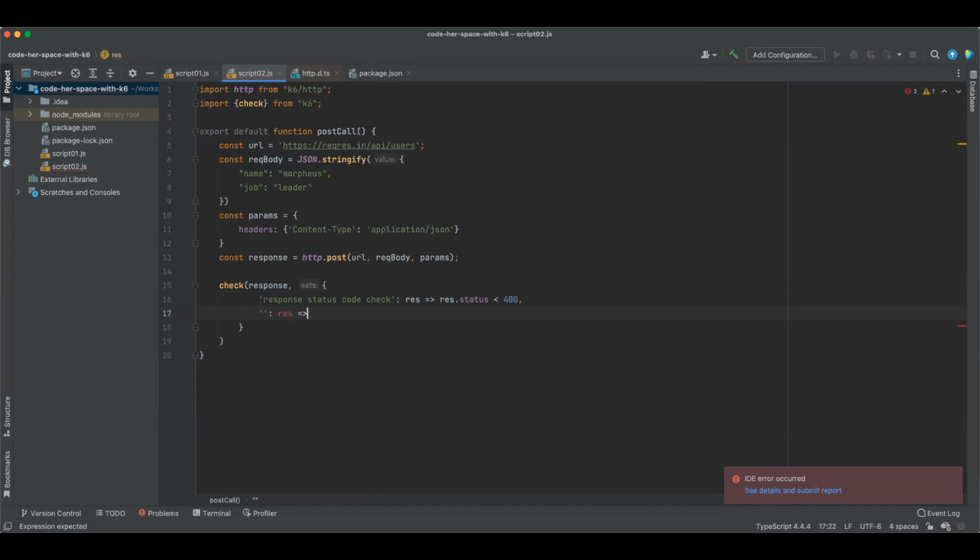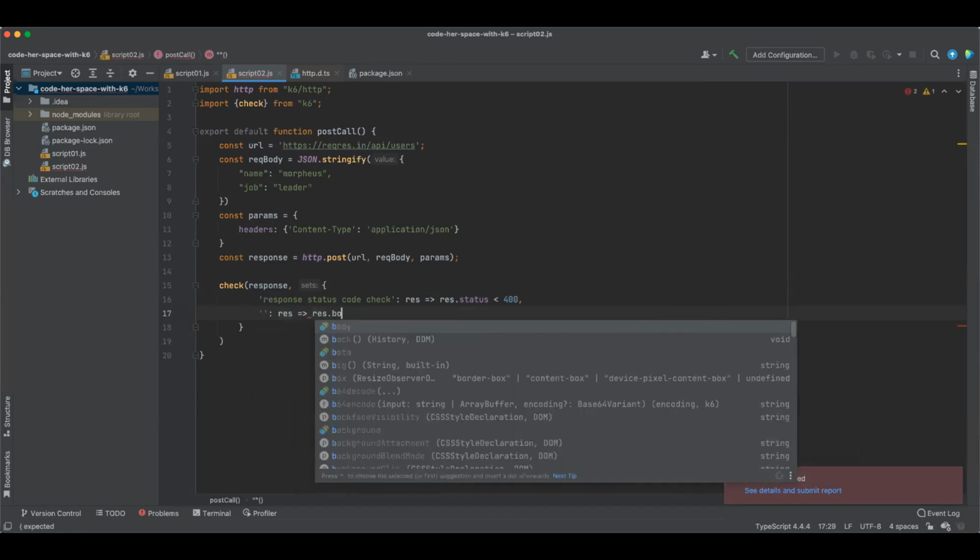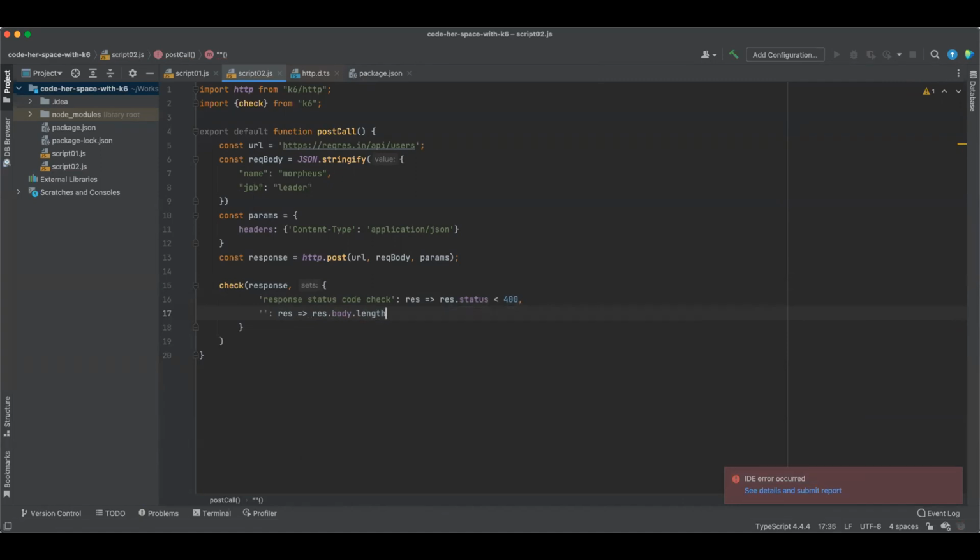If we wanted to put any other assertion, this also will come similarly. For example, res.body.length should be equal or should not be equal to some MBs, something like that. These kind of assertions we can also put together. For now, we have considered just one assertion, which is response.status code check. Now,